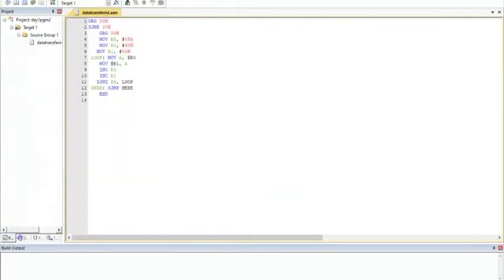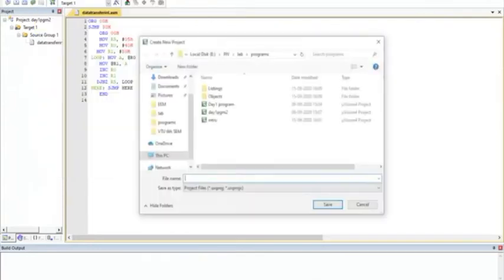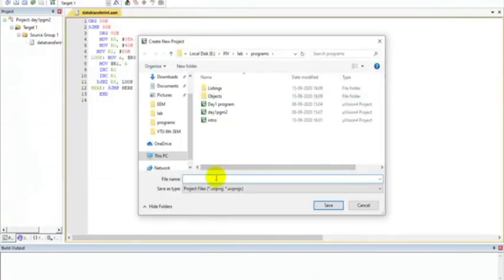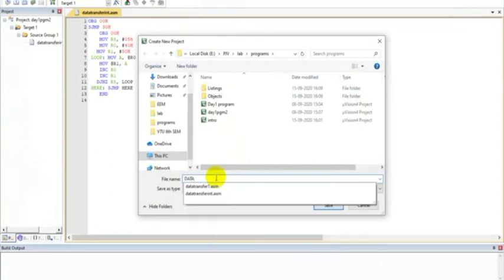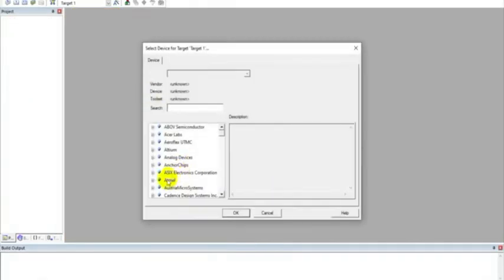Project, new project. So let's say data, give some name, click on save. We have Atmel IC.